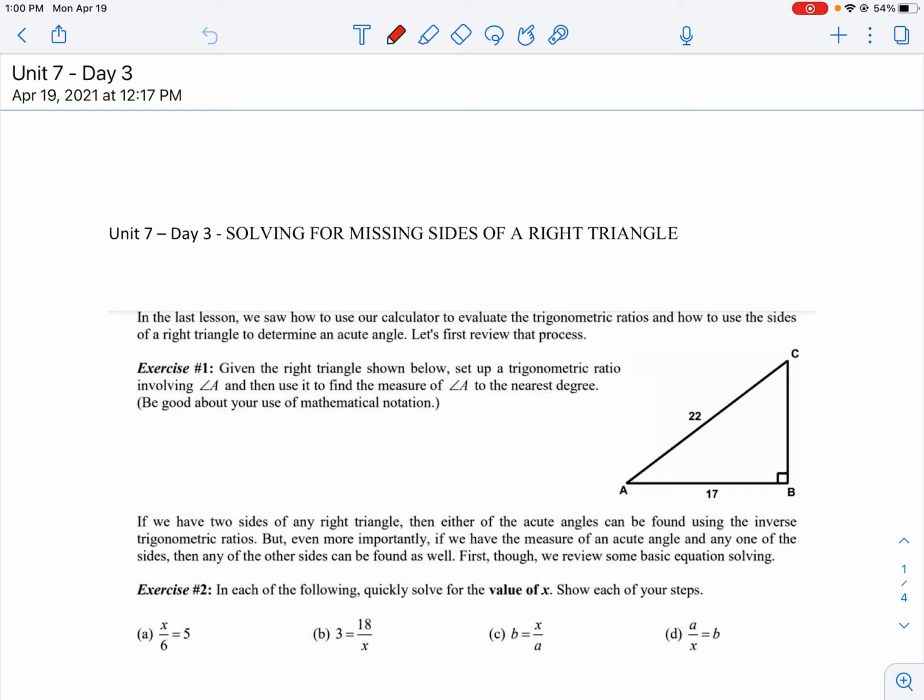So given the right triangle shown below, set up a trigonometric ratio involving A, that angle there, and use it to find the measure of A to the nearest degree. Okay, so we're going to have to use our inverse trig functions. Basically, we take that ratio, we put it in our calculator, and it gives us the exact angle measure that goes with that particular ratio. Remember, for trigonometry to work, it involves all similar right triangles, right? So in this particular case,